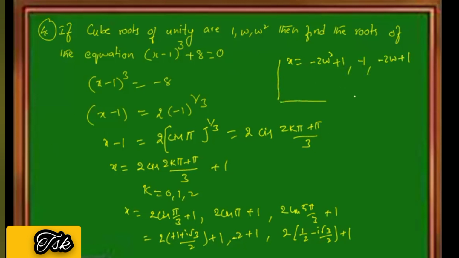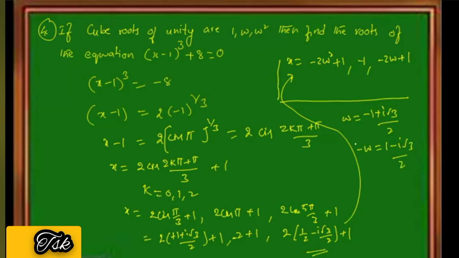In terms of omega, so I think after this we have to write the answer, where omega is equal to minus 1 plus i root 3 by 2. When you take minus common, minus omega is 1 minus i root 3 by 2, so I can write it as minus omega. For omega square, it is minus 1 minus i root 3 by 2, so minus omega square is 1 plus i root 3 by 2. So I replaced 1 plus i root 3 by 2 with omega square. Okay, so the roots of this equation are minus 2 omega square plus 1, or 1 minus 2 omega square, 1 minus 2 omega, and then minus 1.